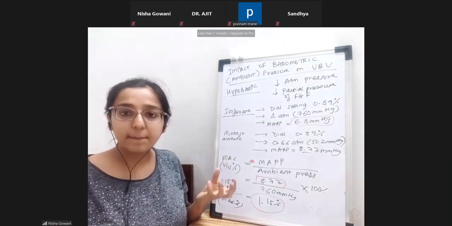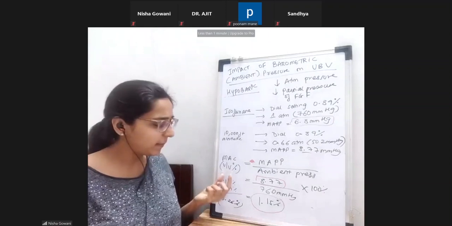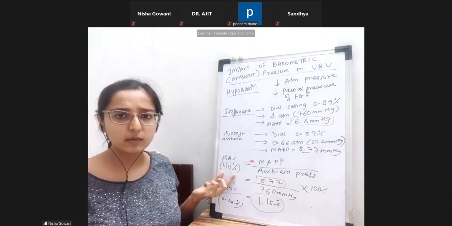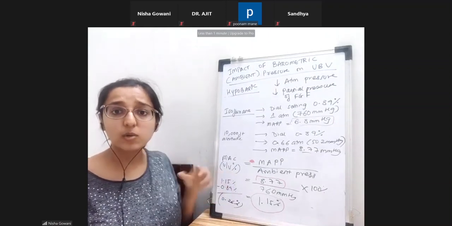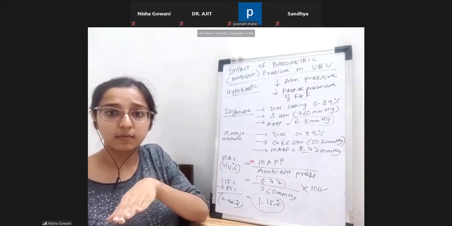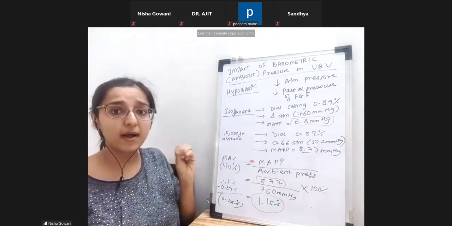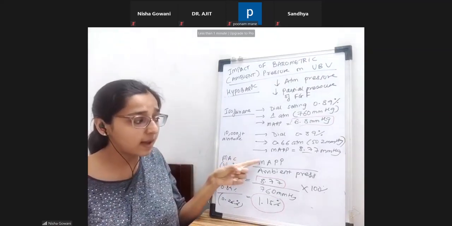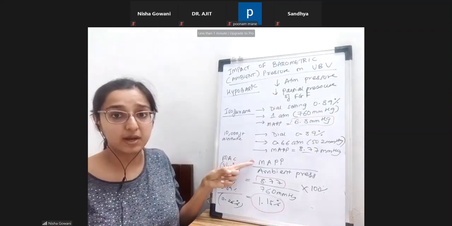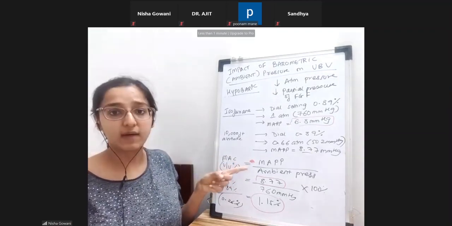And we know that for depth of anesthesia, do we depend on MAC values? Do we depend on volume percentages? No. What do we want? Partial pressure equilibrium. We want partial pressure equilibrium. We want this minimum alveolar partial pressure. This is the most important value for us, not this calculated value.